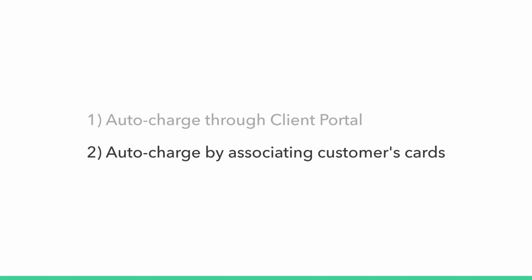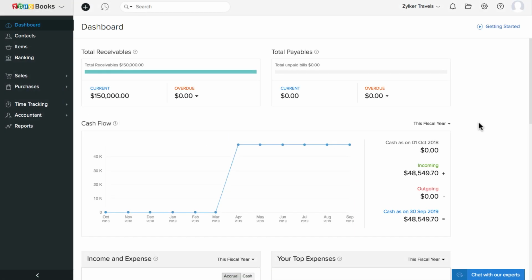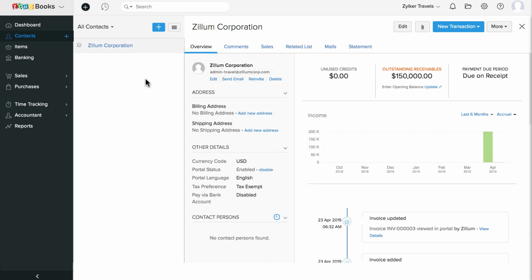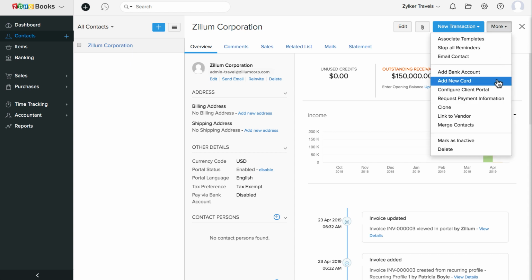Auto charge by associating customers' cards. Next, if your customers have given their credit card details, then you can directly associate the card to the recurring profile or the contact. To associate a card to a customer, go to Contacts and click the customer for whom you want to add the card details. Then click More and select Add New Card.